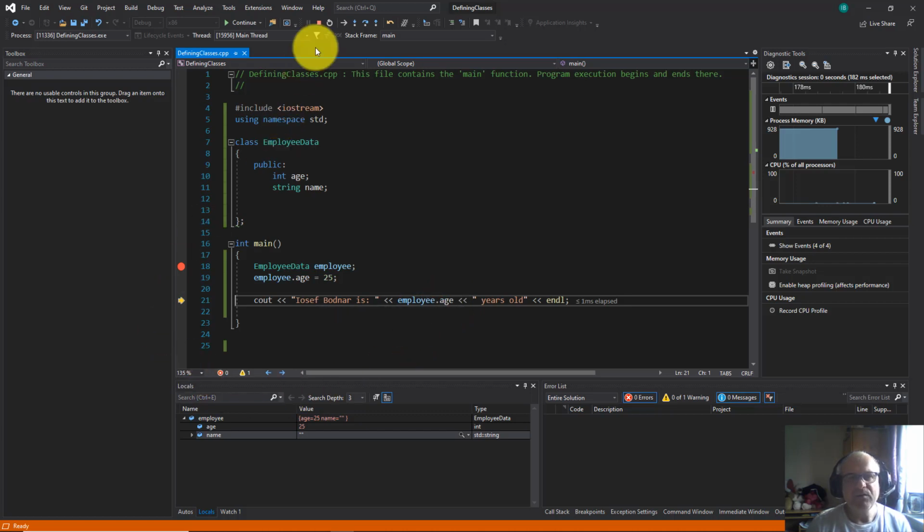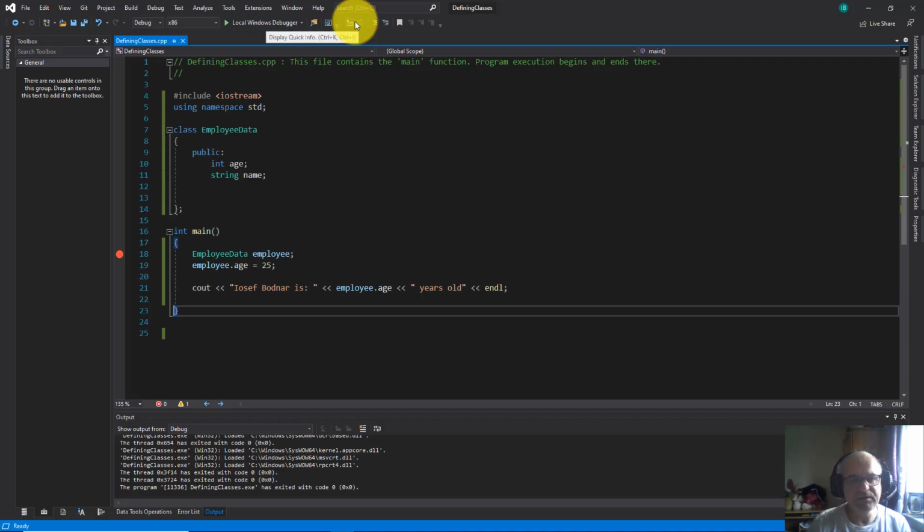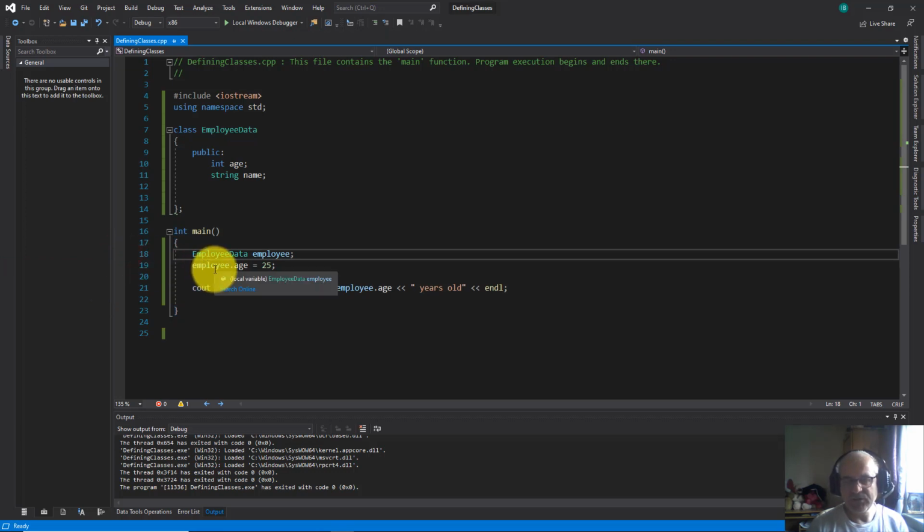Now again step into, and here you go. So in this way you will understand very well how the object can access the members of the class,